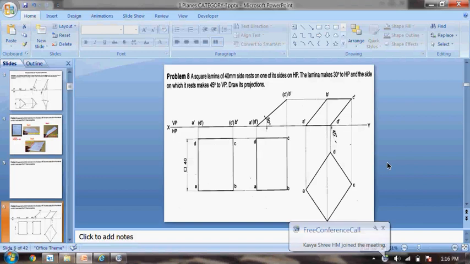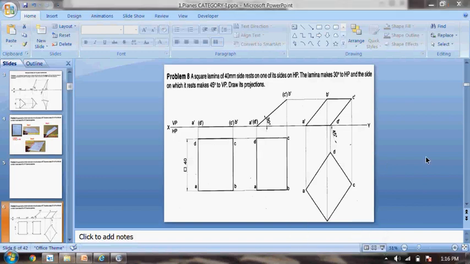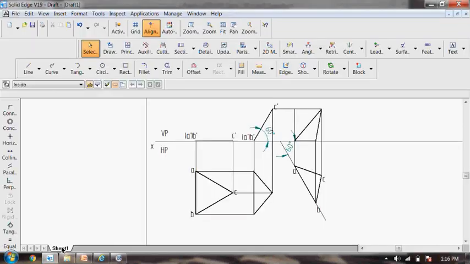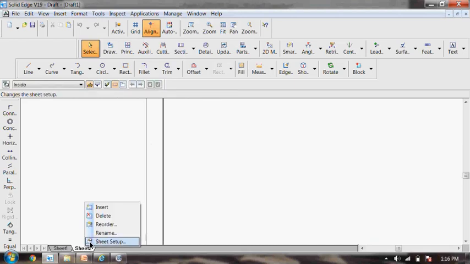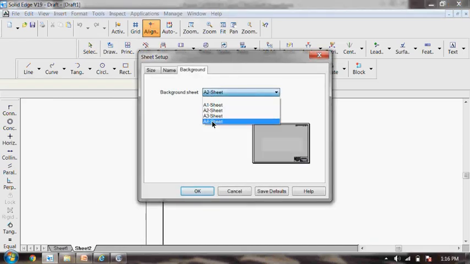So the first top view is a square lamina with edge resting condition. And then the HP angle and VP angle are given. HP angle is 30 degree and VP angle is 45 degree. The VP angle 45 degree is made with reference to the resting edge AD. To proceed, we'll right click over here and insert one sheet. As usual, we do the sheet setup, make it A4,